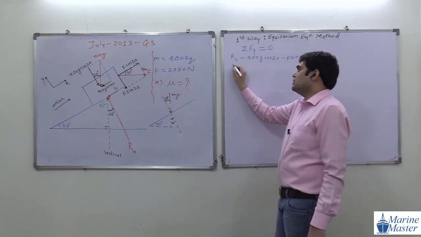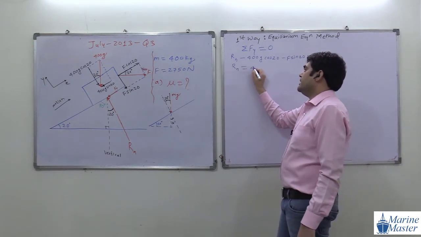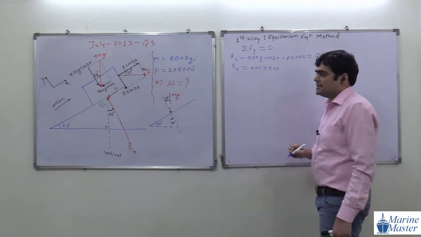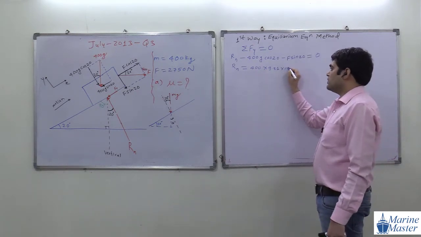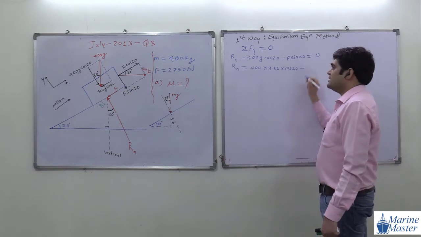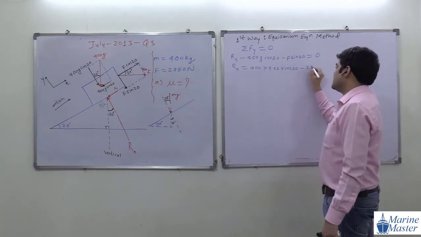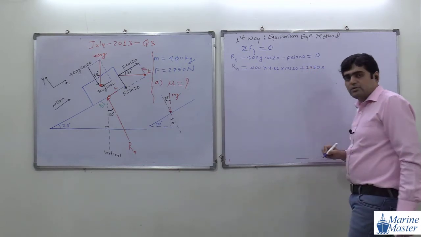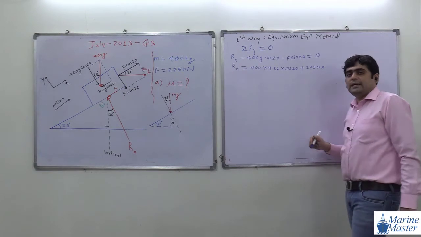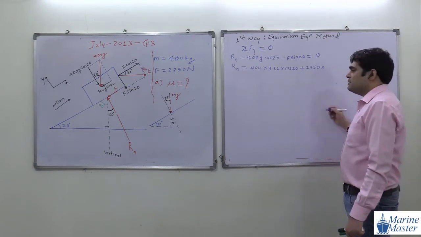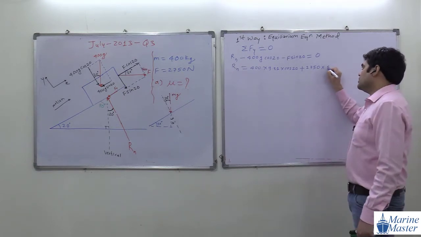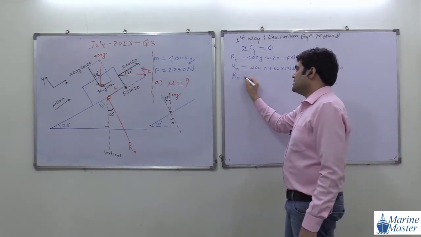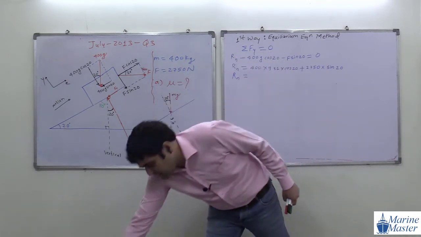So Rn will be equal to what? 400, the g value is 9.81. Check it once again, guys, I may be wrong. Into cos 20. Minus, what is the value of F? 2750, into minus or plus? Yes, plus. Good, very good. So please be attentive with the calculation; I may miss plus or minus. Into sin 20. So what will be the value of Rn? Please everyone do the calculation and tell me the value of Rn.